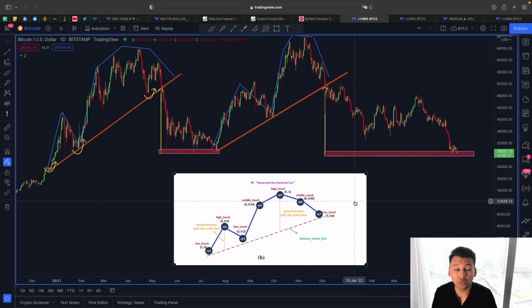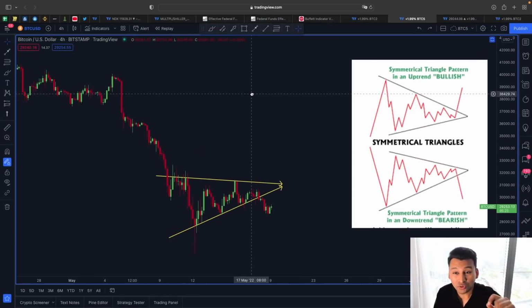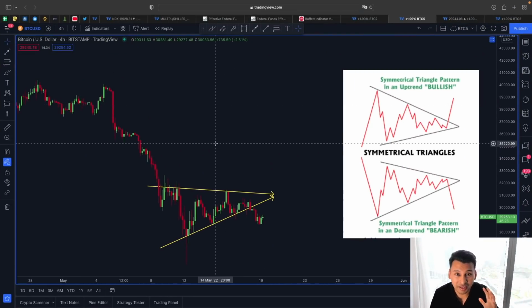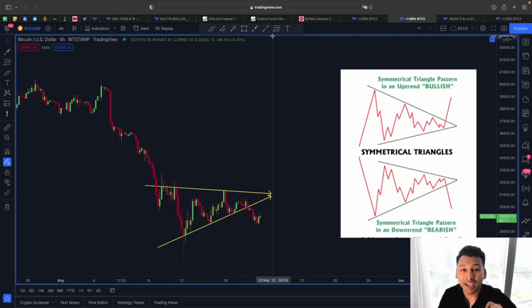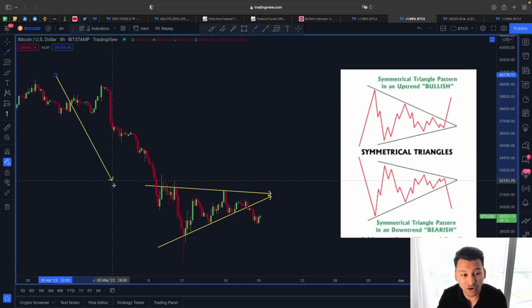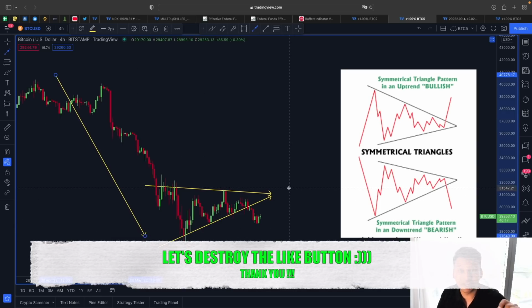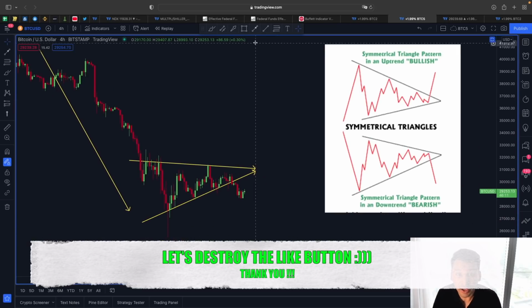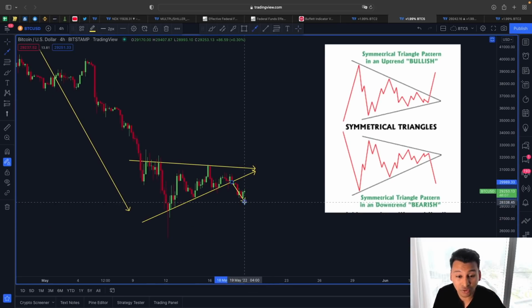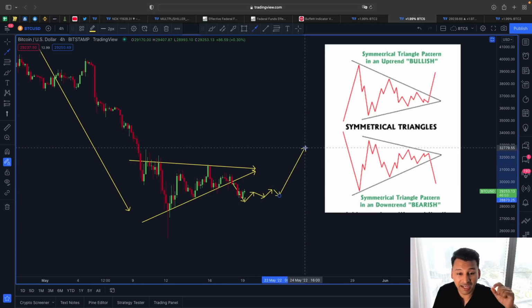And not just this one here, yesterday what I also talked about in my video was this symmetrical triangle, which was pointing out, even though this symmetrical triangle is being formed when the trend is heading to the downside, what could happen here in the medium short term? Even though this is looked at as a bearish scenario, we could see a movement here in this manner, price dipping quickly around the 29,000 range, right, showing some consolidation, and then again a rally type of scenario.